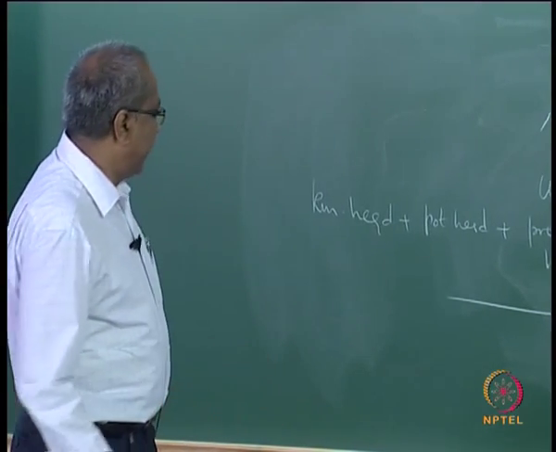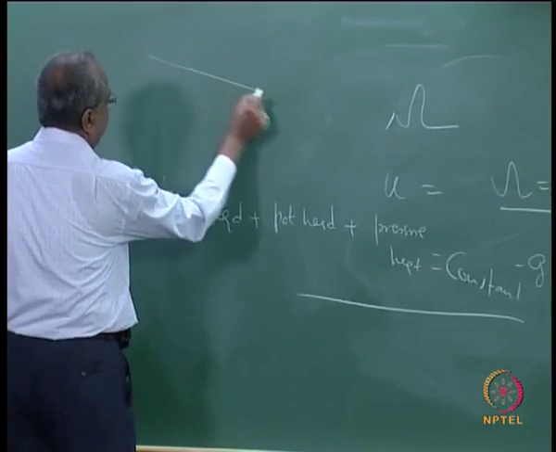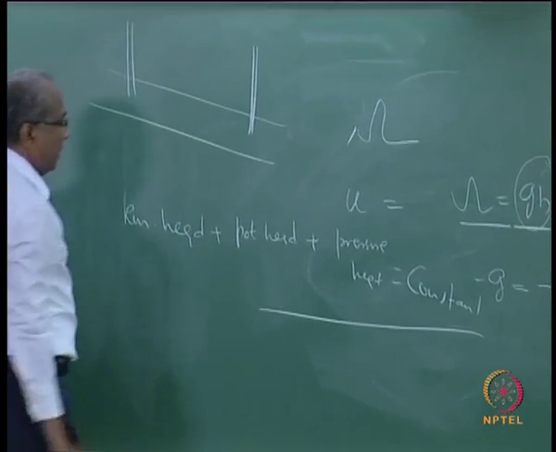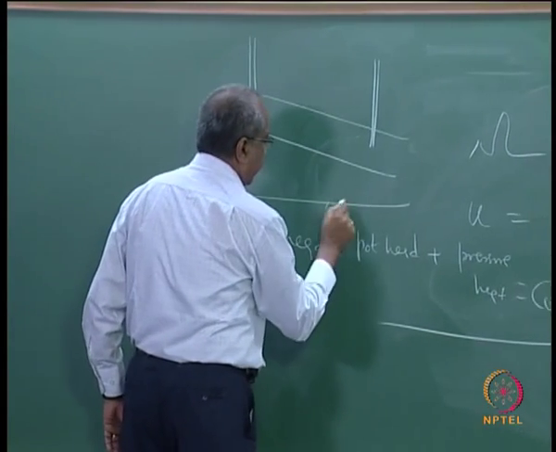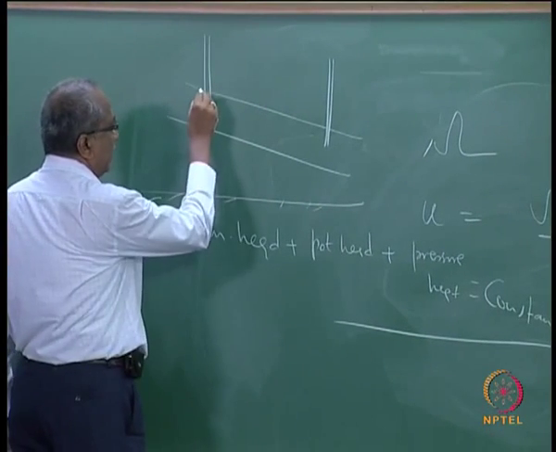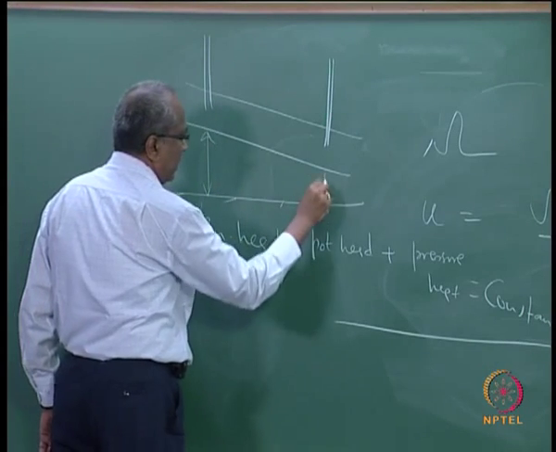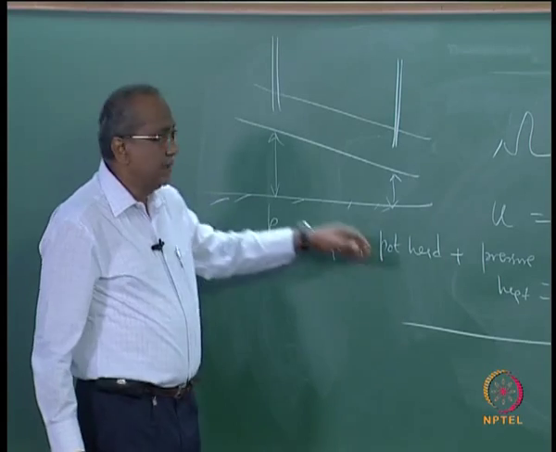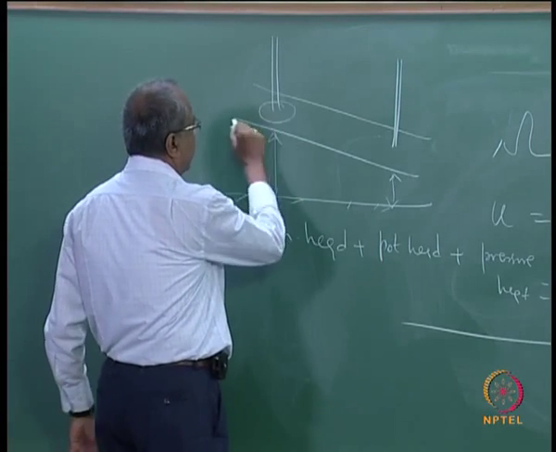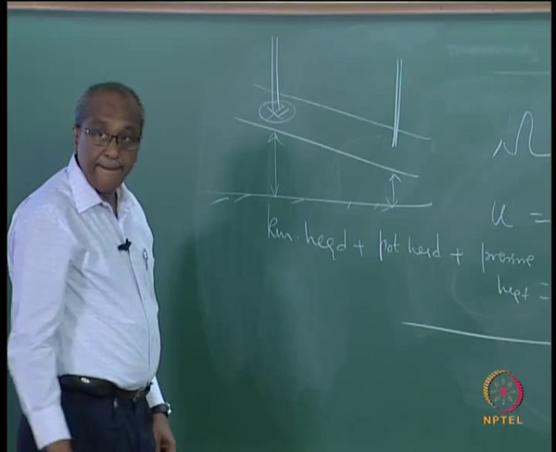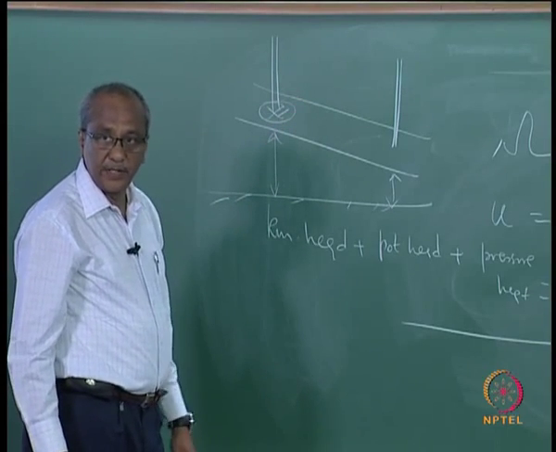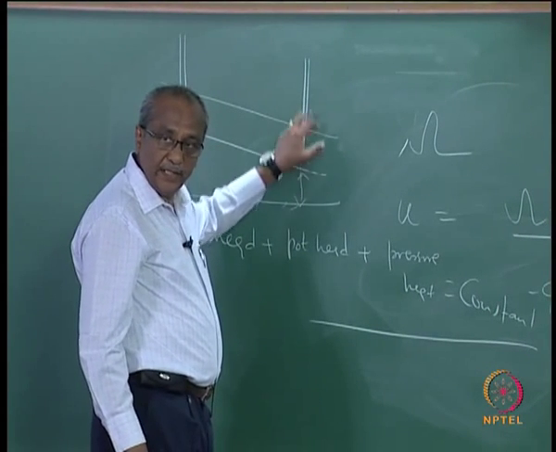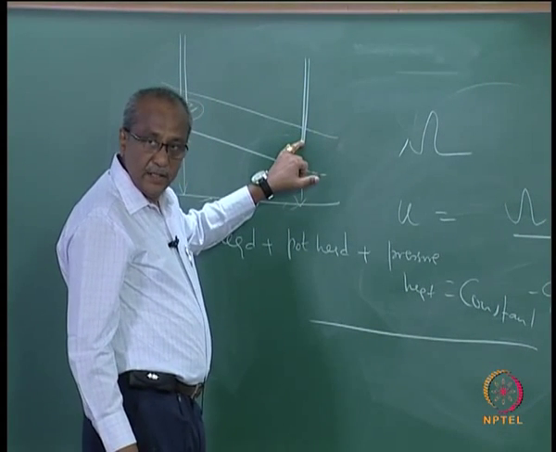So, in most applications, if you have a pipeline that is inclined like this, then this will be your head, and it is going to take care of the potential head. Suppose you have the velocity at this location as well as the pressure head at that location, and at this location you have either the pressure head or the velocity head.